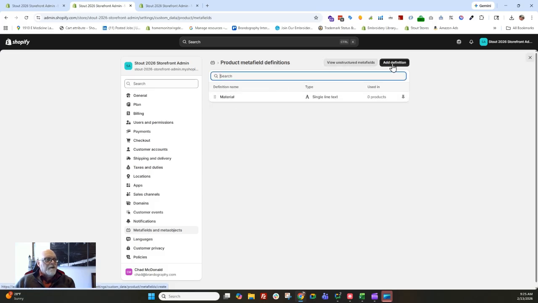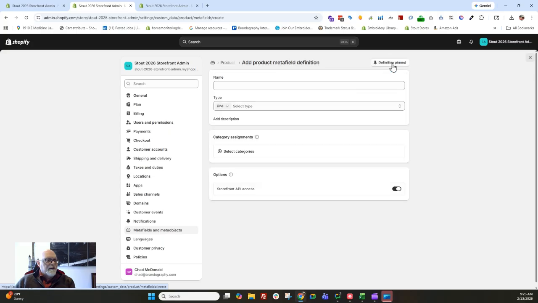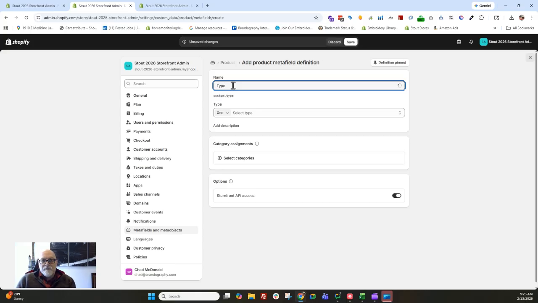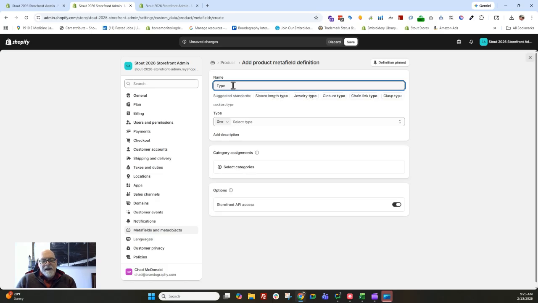But what I'm going to do is go in the settings to create some new meta fields, because I have to create them for my new product. I'm going to go to settings, meta fields and meta objects, go to product meta fields, and add a new definition. And remember, I'm making 3D printed products, right? So I added a meta field already that was materials, and now I want to create a meta field that is going to be, let's see,